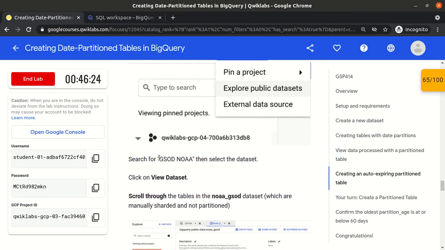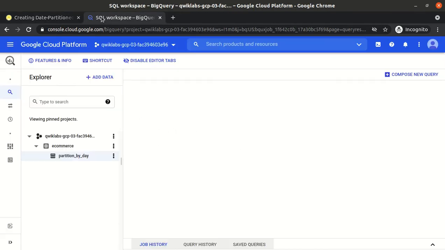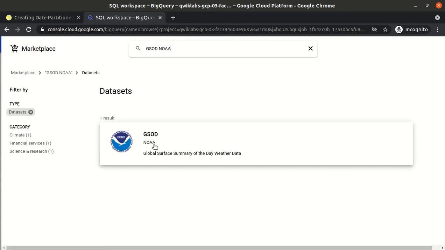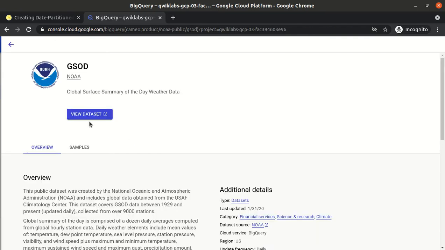We need to add the GSOD NOAA dataset. So add data, explore public datasets, search in the marketplace, press enter. This dataset is the weather dataset. So view dataset.